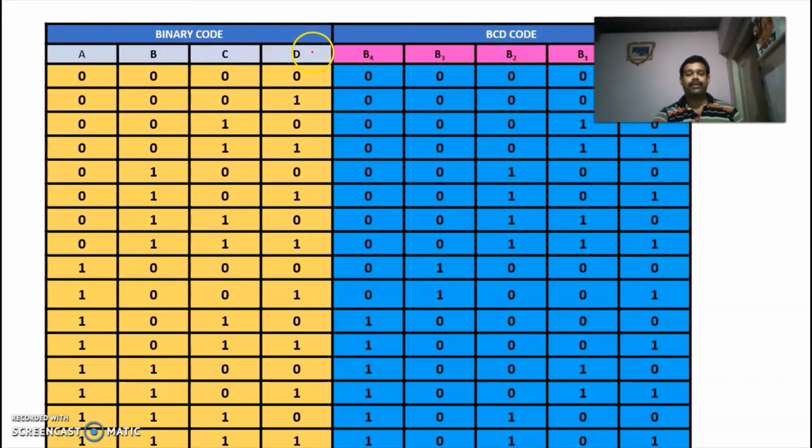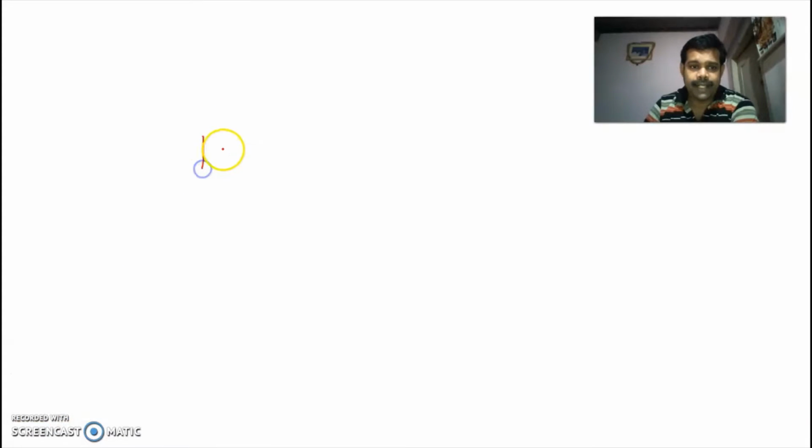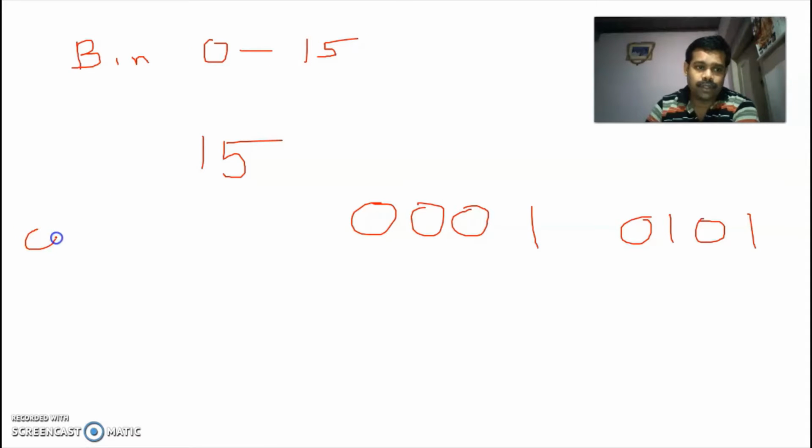In binary we are going to write from 0 to 15, so we need 4 columns, that is 4 variables A, B, C, D. So 0000 is 0 and 1111 is 15. This is in binary.